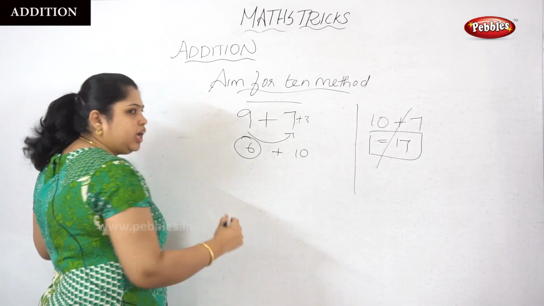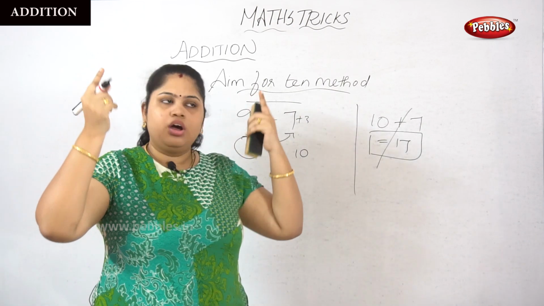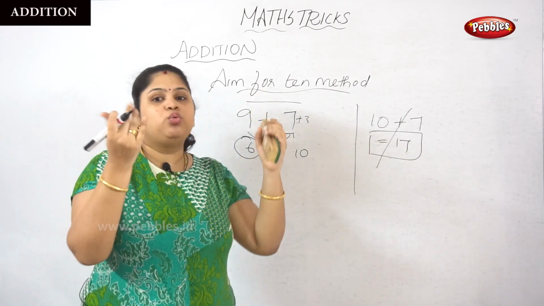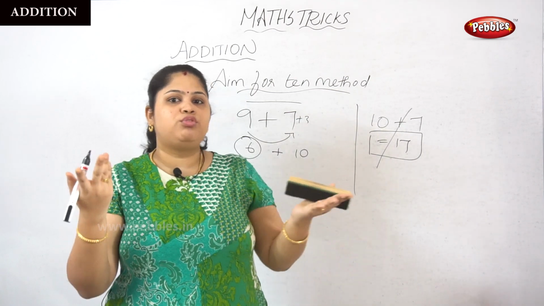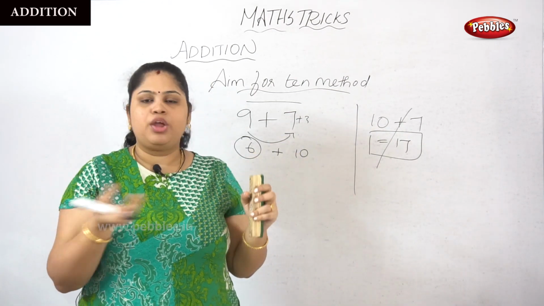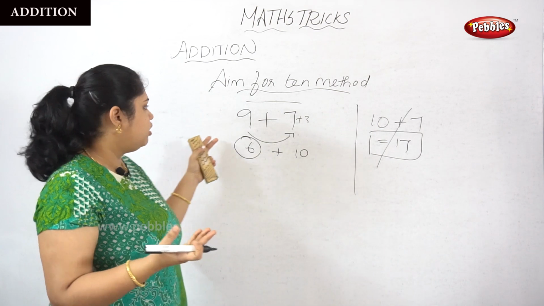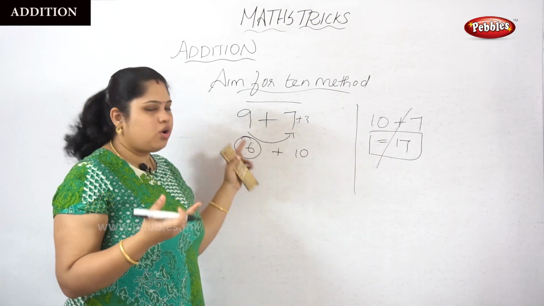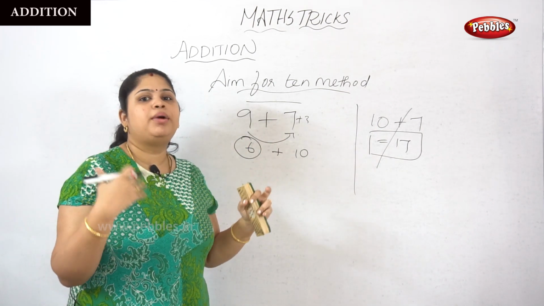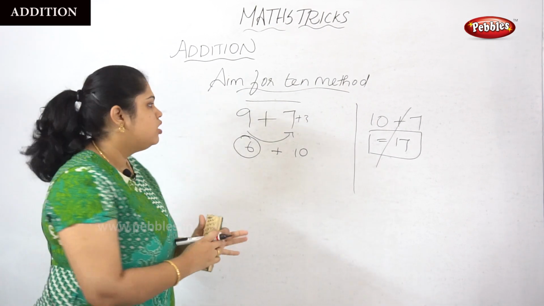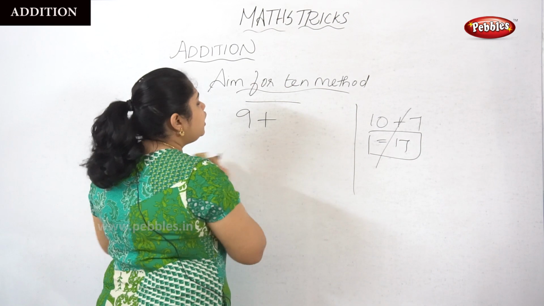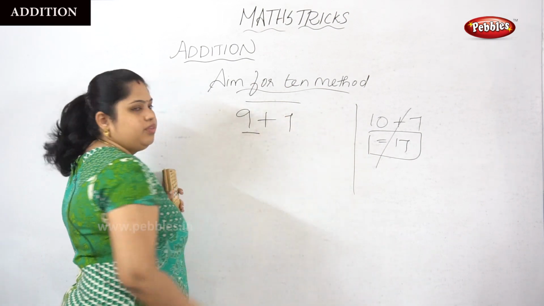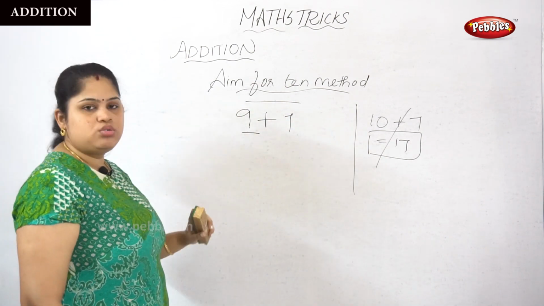So it will take a huge time to think. After 9, the 3, then you will leave the finger, and if the finger is not enough, you leave the other finger. So it will take time. And it's not going to be very easy when comparing to the previous method. Okay. So always we will check the number which is the closest to 10. So here the 9 is the closest to the 10.